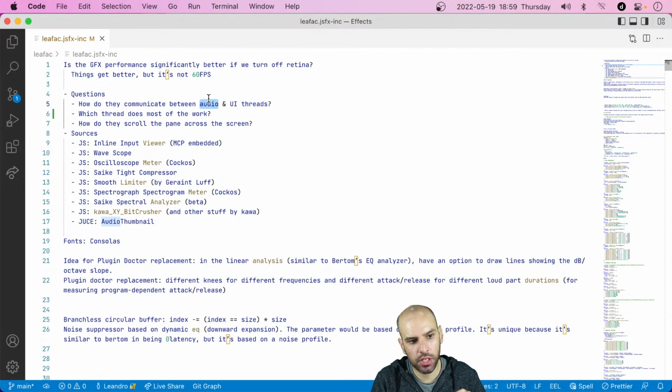And the third question that I want to answer is, how do they scroll stuff across the screen? We explored a couple different ways of doing that. Right now, what we are doing is we are drawing to an off-screen image, and we are just drawing from left to right like a circular buffer. And then we blit that image, so we render that image onto the user interface in 2 chunks, and we